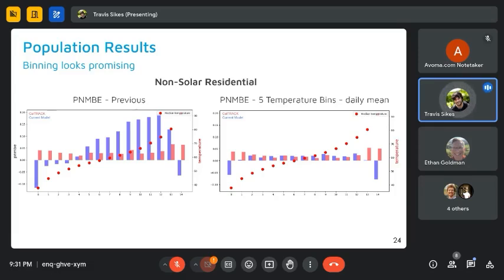So number one is your question about cold weather buildings. My expectation is this is not about cold weather or warm weather. This is about the range of temperature. So I would be more concerned about a building that sees -10 and 110 than I would be about a building that sees -50 and 0, for example.